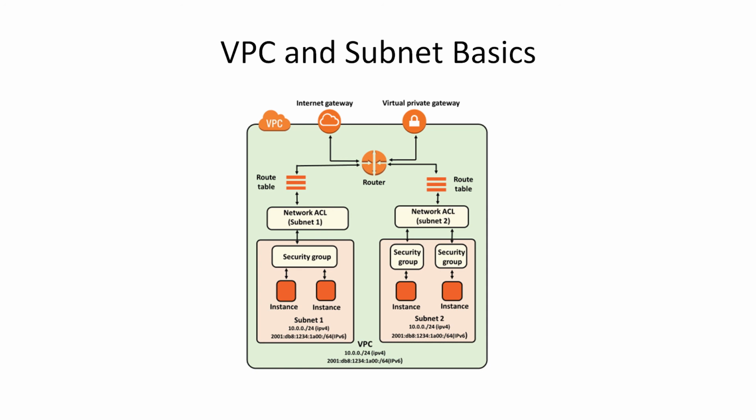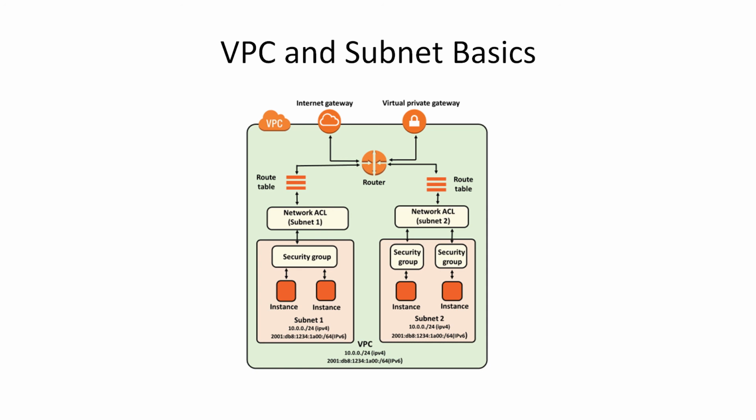For example, if you are working in a company and the company has a particular virtual private cloud created for its use, you will be asked to create all your instances within that VPC. Now in that VPC, the company will specify some network access control rules. Even if you want somebody from outside the VPC to access your instance, you won't be able to do that, because the first layer of defense, the network access control list, won't allow it.